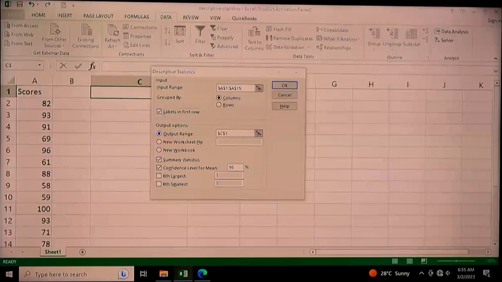Then the output: if you don't indicate there is a label in the first row, it will probably give you no results because that will affect the data. Then you have to select the output. Where is our output? Our output probably starts from a cell here. So you just indicate where this output is to be